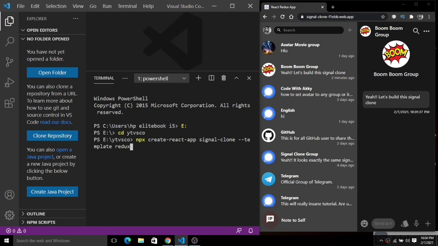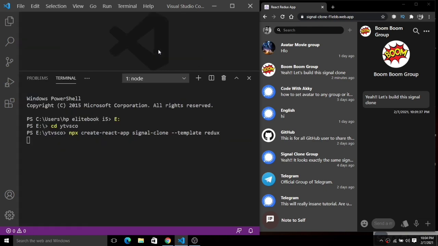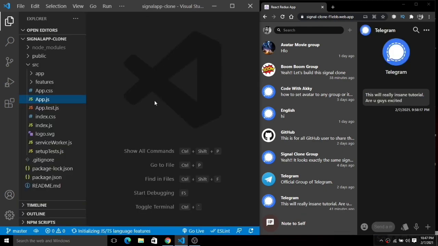It will take a bunch of time, and it will set up and bootstrap your React application with all the respective stuff that we are going to use in this build. Okay, so you can see here we have already hit the enter button. We have installed everything, so we have this type of directory here.